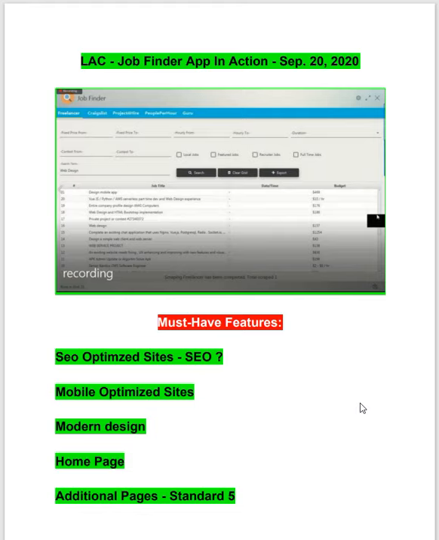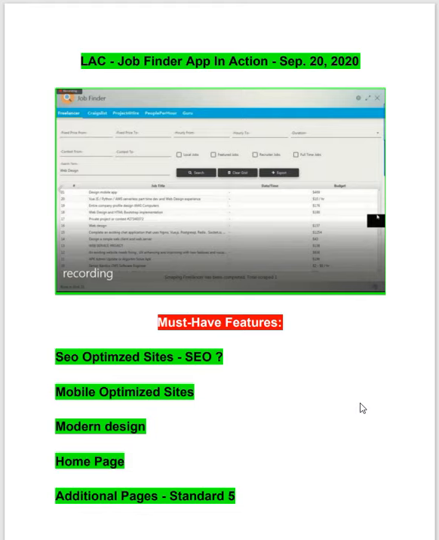So that is a mobile optimized or mobile responsive website. Very important for being SEO optimized. Now the website also has to have a very modern design, not outdated. Then it is not SEO optimized. Okay, now it will also have a home page. Home page means the main page, the front page. Whenever you visit any website, you visit their front page first, so that has all the information.